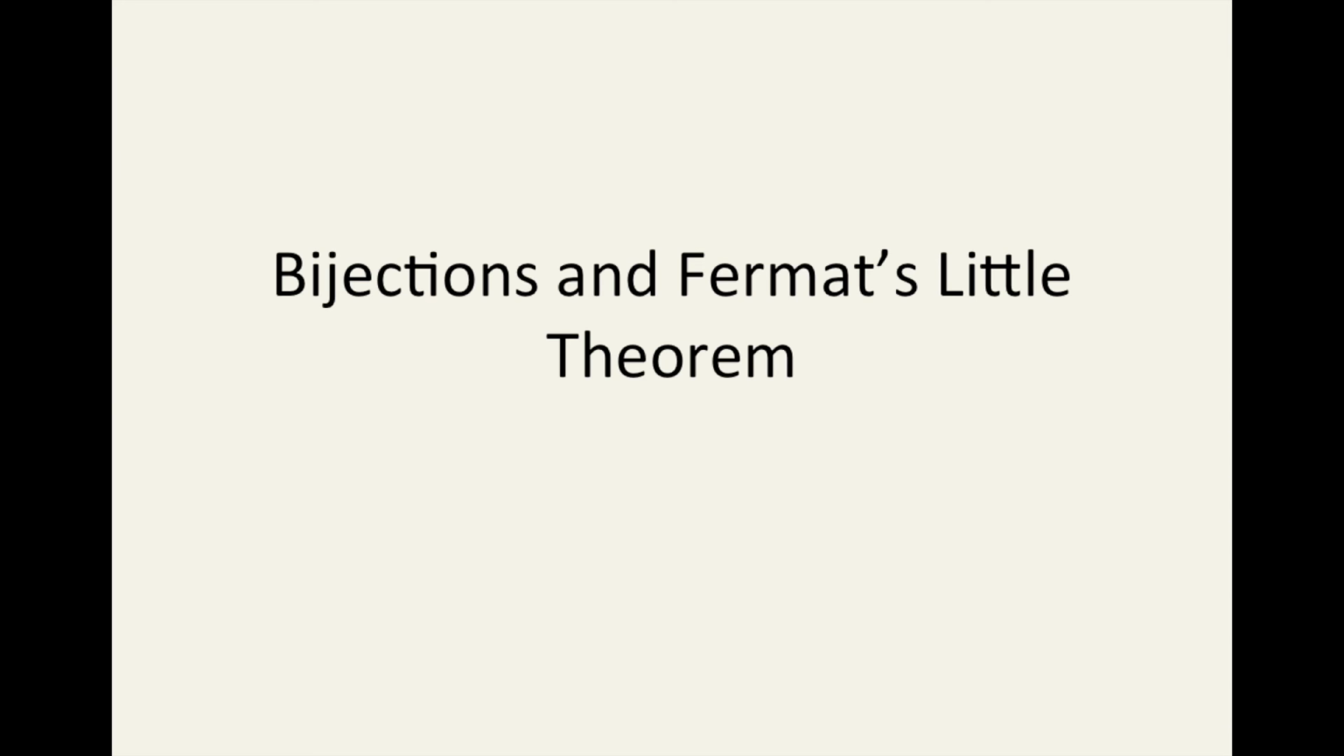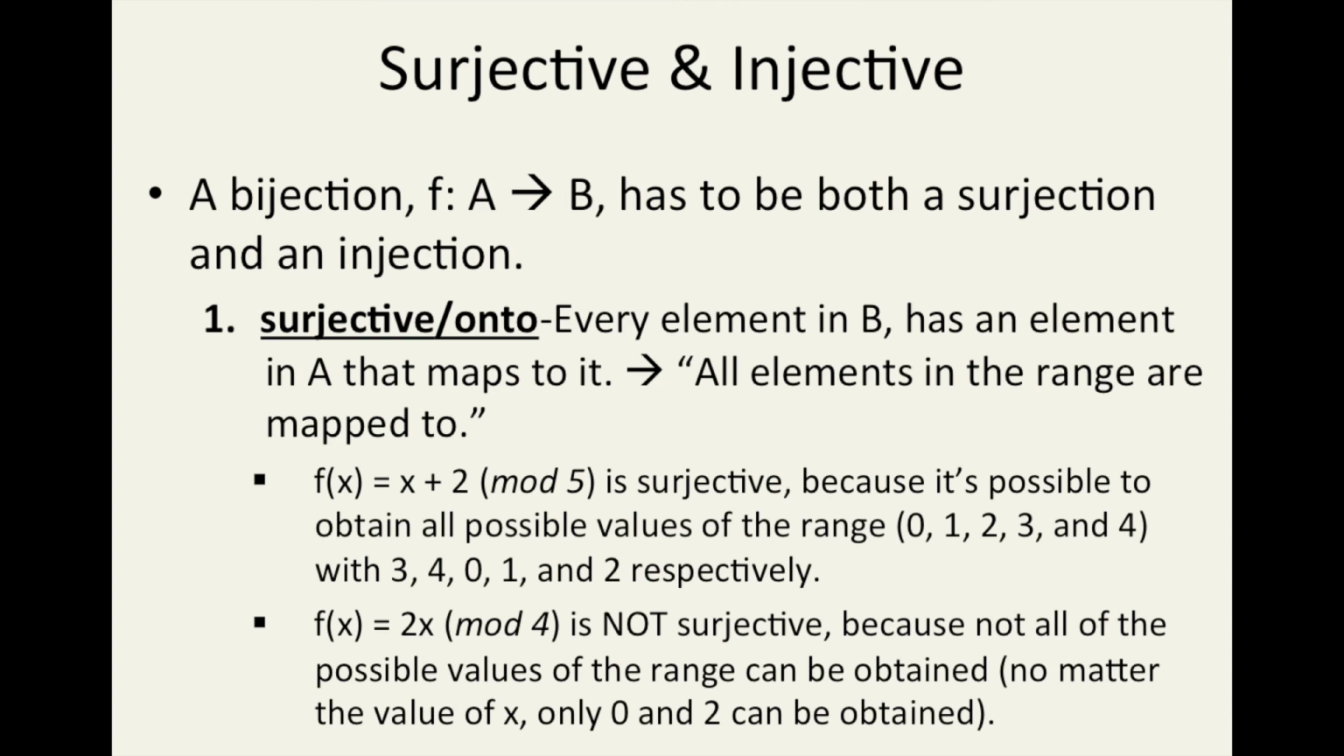So this is the review video for bijections and Fermat's little theorem. Let's get started. First, a bijection has to have two properties. It has to be both surjective as well as injective. And so if we had some function that mapped inputs A to another set of inputs B,